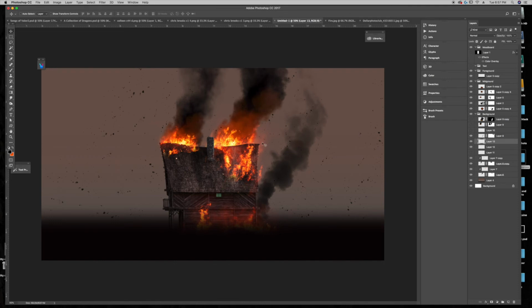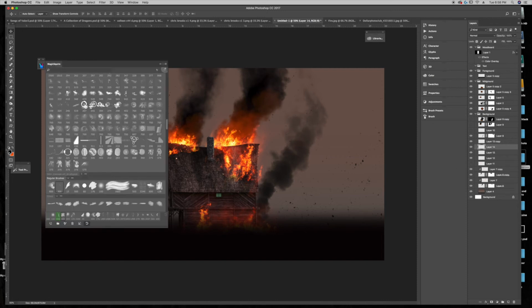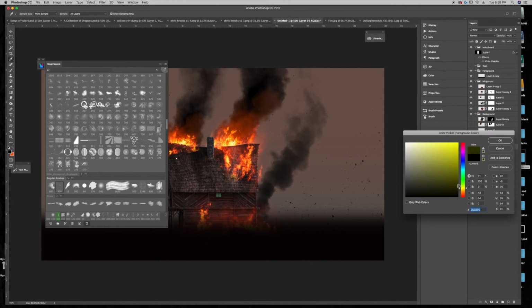You can make a layer where it's set to like 50% opacity, and then make a layer set to like 100% opacity, and it starts to give you some different colors, some different levels to look at in terms of bigger, darker pieces of ash, and then lighter colored pieces of ash. Embers, same way. You can take that same speckle brush, change it to an orange or a yellow, just any kind of bright ember type color,